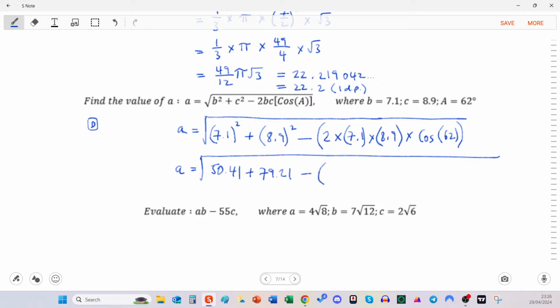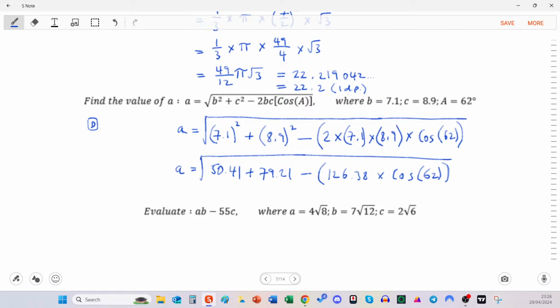And we could probably do 2 times 7.1 times 8.9. Which is 126.38 times cosine 62, which I know is going to be not that nice. So we've already made it a little bit more simple, and this is where we can put it in the